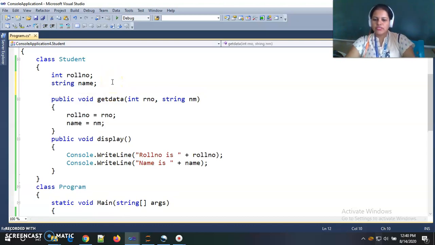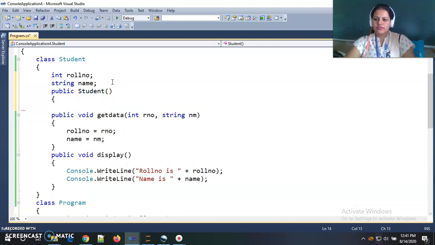So I am using the public keyword, and there is no return type as I am defining the constructor here, and my class name is Student, so I am giving the constructor name as Student. If I am declaring such a constructor without any argument, this is the default constructor without any argument.